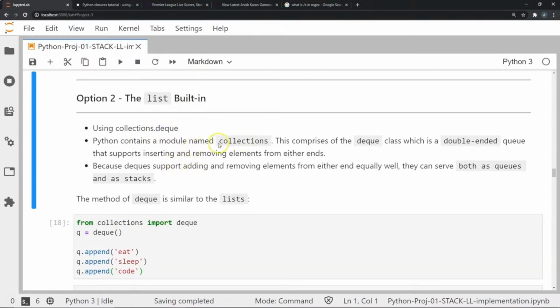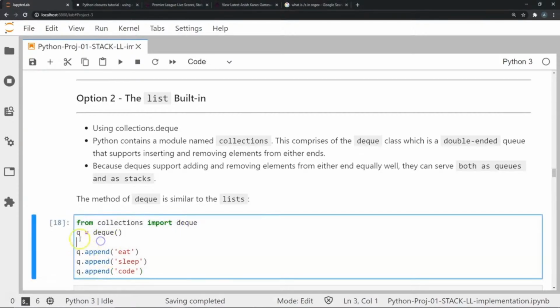Python has a module called collections. It comprises the deque class, which is a double-ended queue that supports inserting and removing elements from either end of an object. So since deques support adding and removing from either side, they can serve both as queues and as stacks as well. So let's import this deque class, and I'm going to create an object called queue of